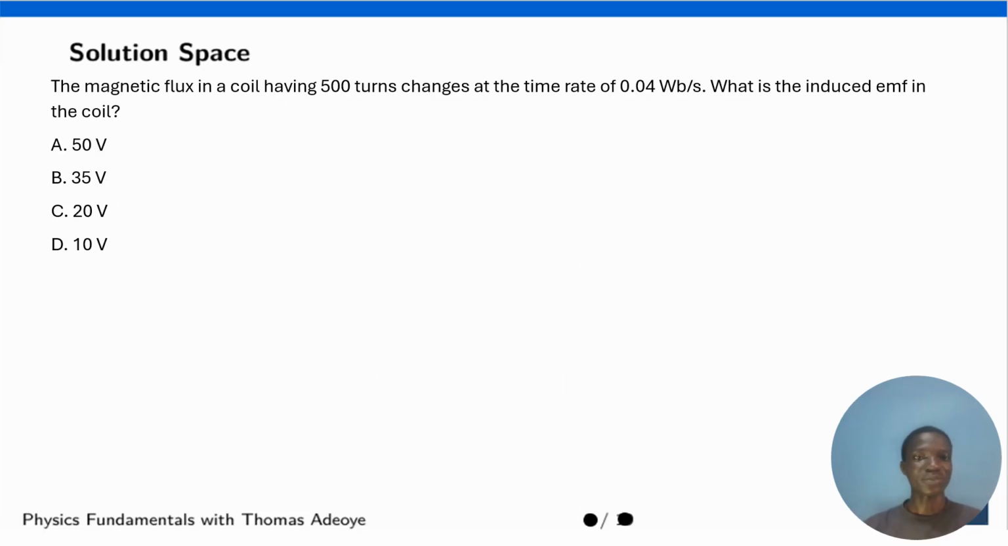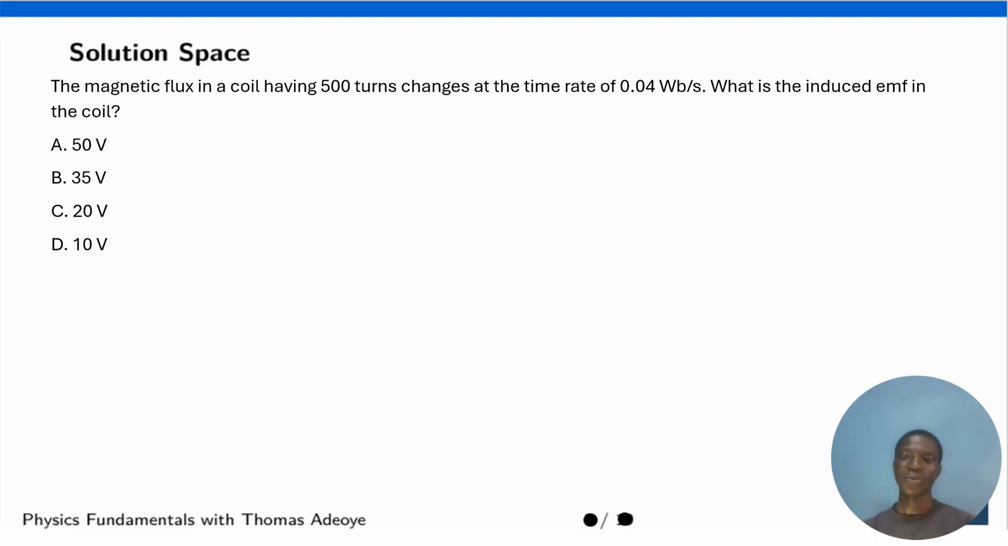So let's move on. Okay, so look at this question. The question is on the magnetic flux in a coil having 500 turns changes at a time rate of 0.04 webers per second. What is the induced EMF in the coil? I told you the other time that whenever you see a question, try to ask yourself, where is this question coming from? This question is coming from